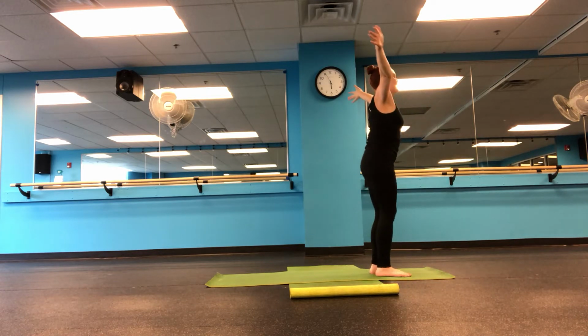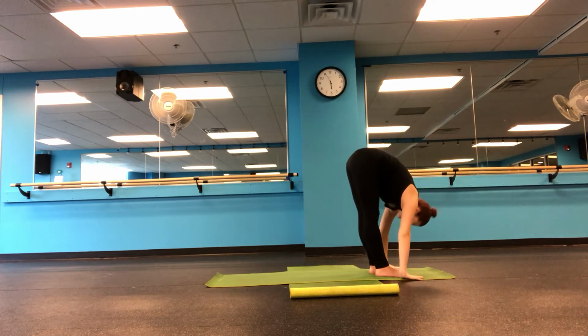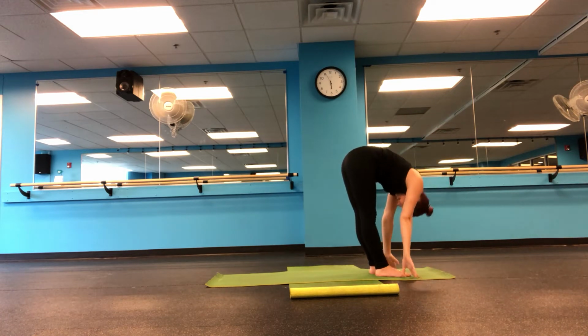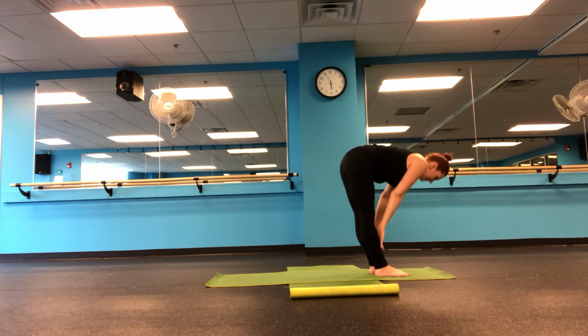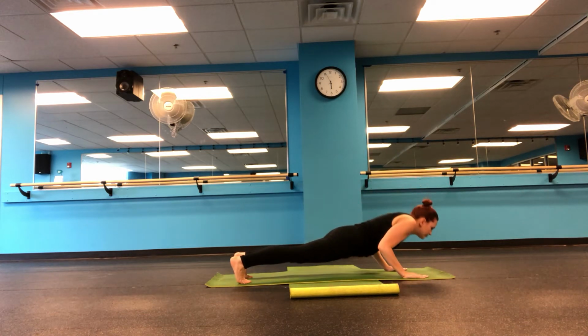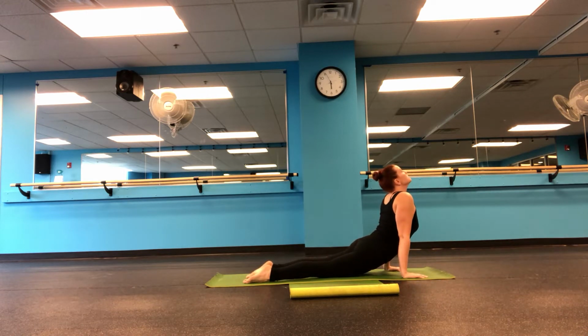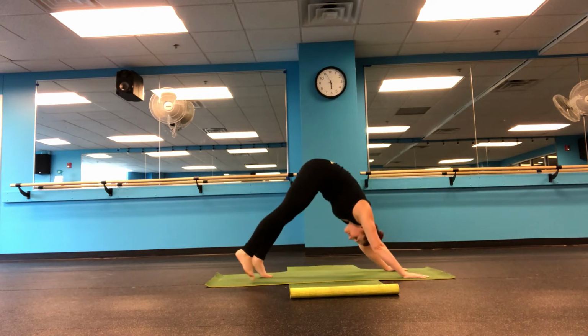And we inhale up, exhale, fold, inhale, half, exhale, fold, back to plank, chaturanga, up dog, down dog,